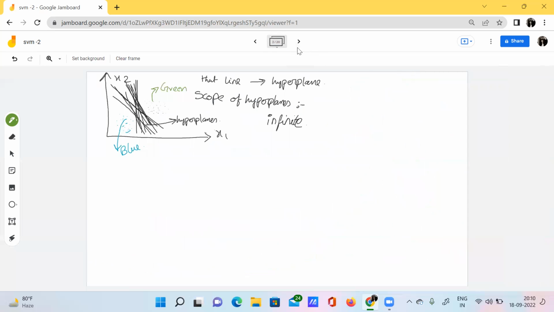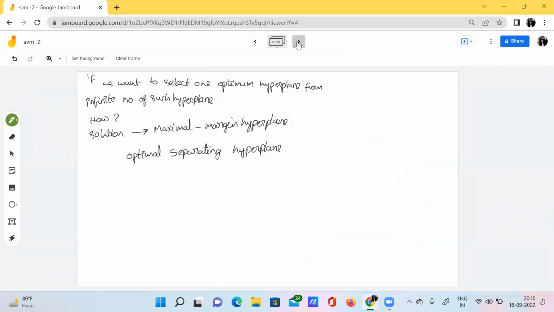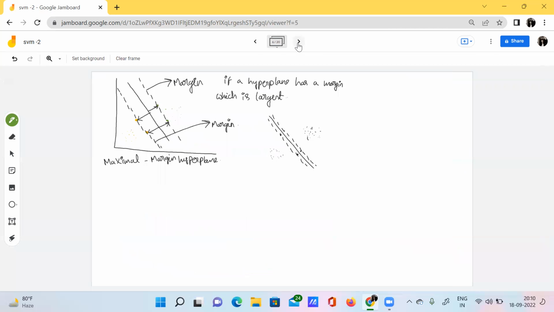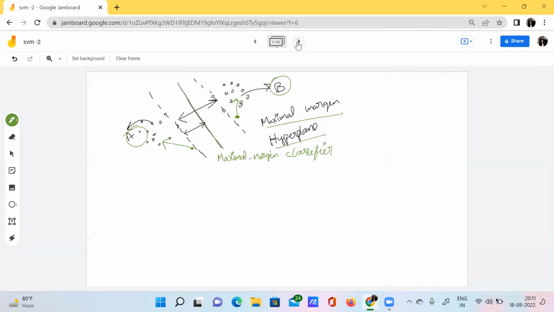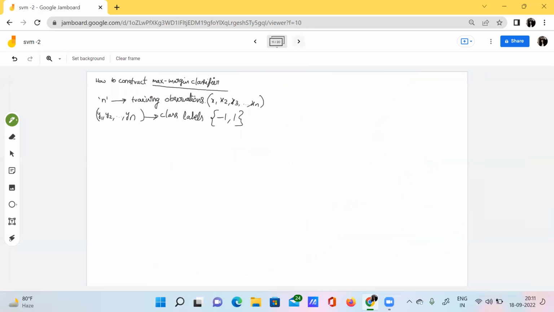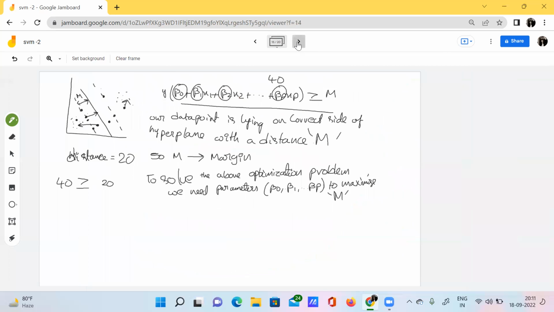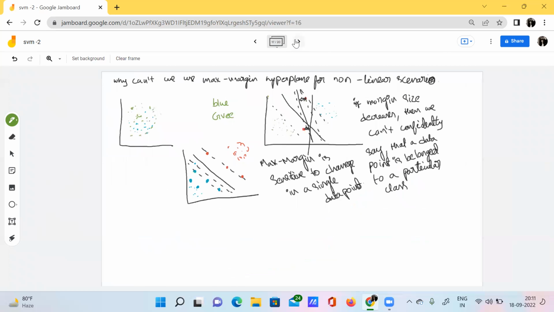See here, by going through all these slides, you can definitely understand, right? I have explained some 20 slides here. By this you can definitely develop some understanding about the SVM.